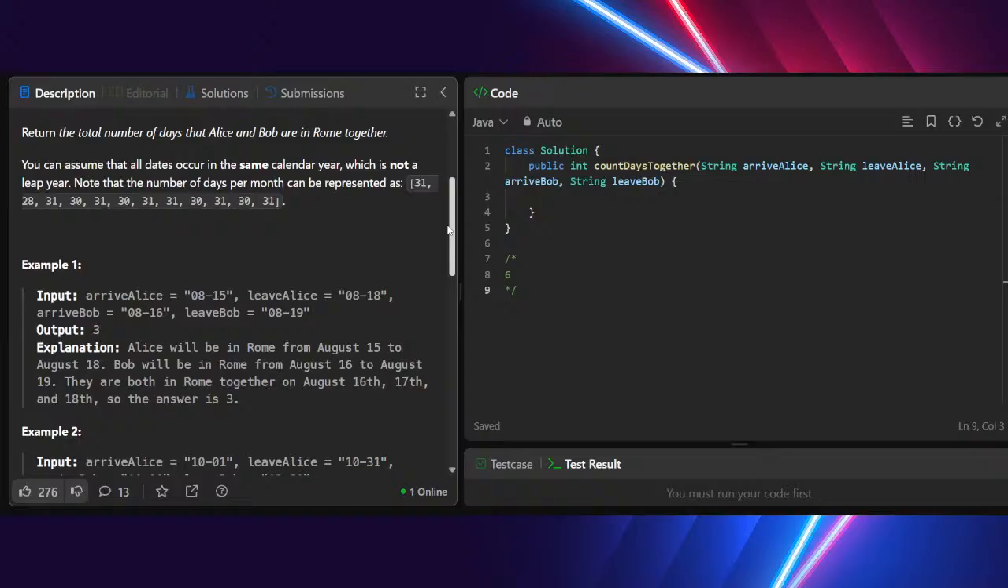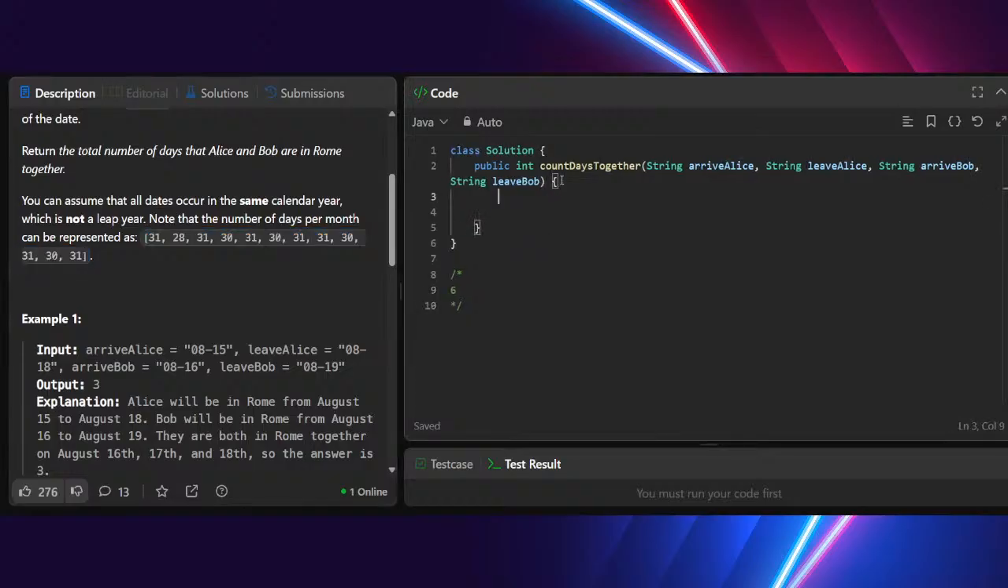Okay, you just have to figure out how to parse a string, how to get the number and all of that. So let's copy this thing. Right, copy it, and then put int days in month equals to